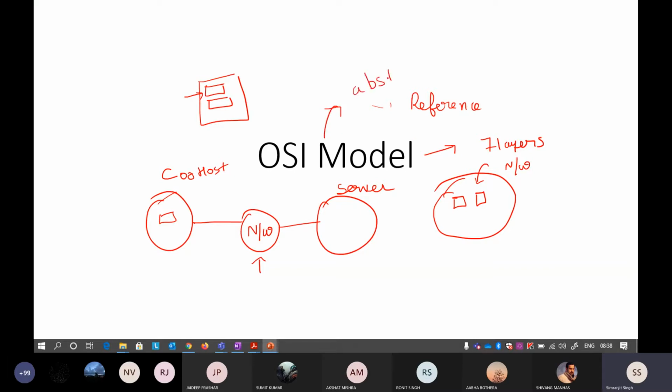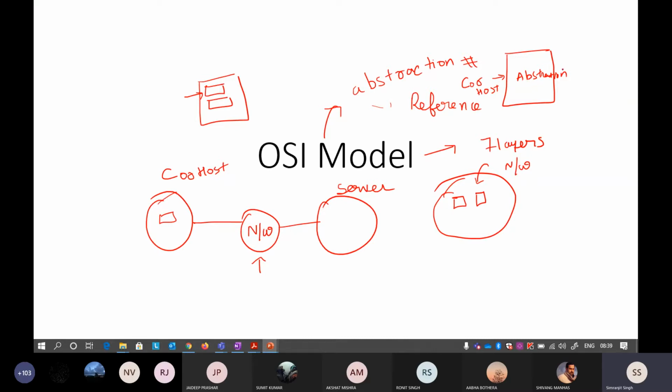If you remember what abstraction is, abstraction is a concept that hides the complexity of the system from the users. Suppose this is a user, a client or a host. He or she is not aware of the complexities of the system, of how a particular packet is traveling through which particular network and how it is returning.